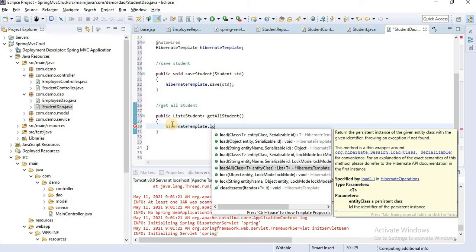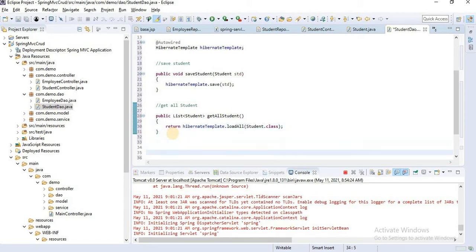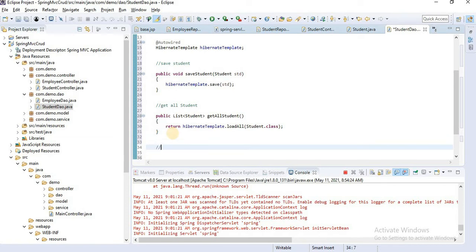We have the method loadAll here. In loadAll a return type is required. Our return type is Student.class. This all-student list should be returned. Here I am defining a return. Okay, this method is responsible for getting all students.